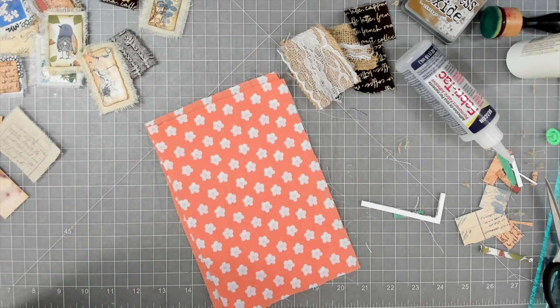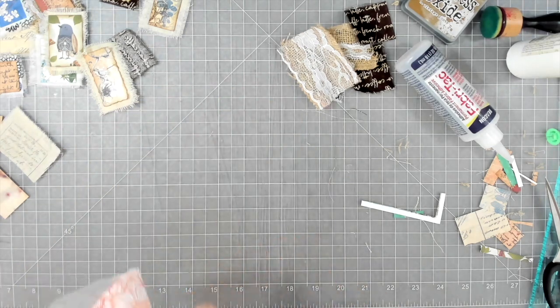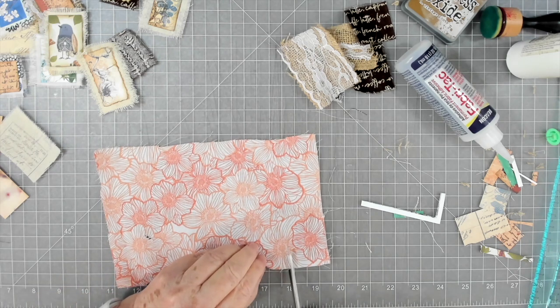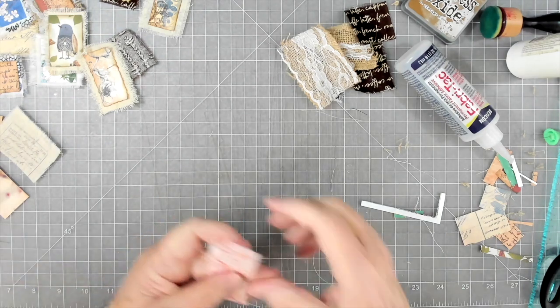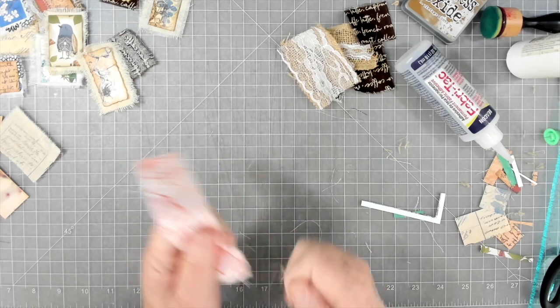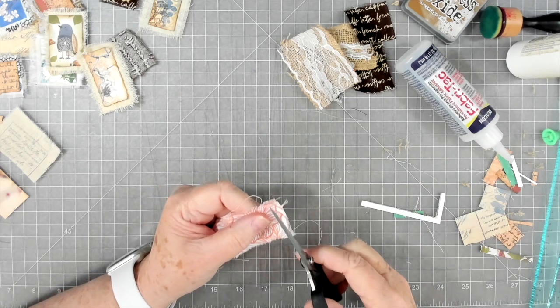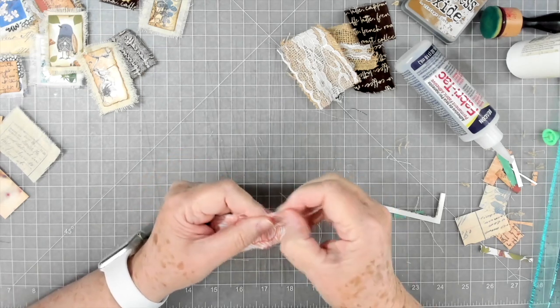We do a piece of that. Oh, here's a piece. Let's do a piece of that. I don't think I have a lot of fall printables even. I haven't printed anything out lately that's fall. Since I've finished the blue journal, it's about time to start on fall. So that will probably be our next journal, a fall journal. So we'll start making some ephemera and things like that for a fall journal, because that will be happening before we know it. And I need plenty of ephemera, and I don't think I have but 1 or 2